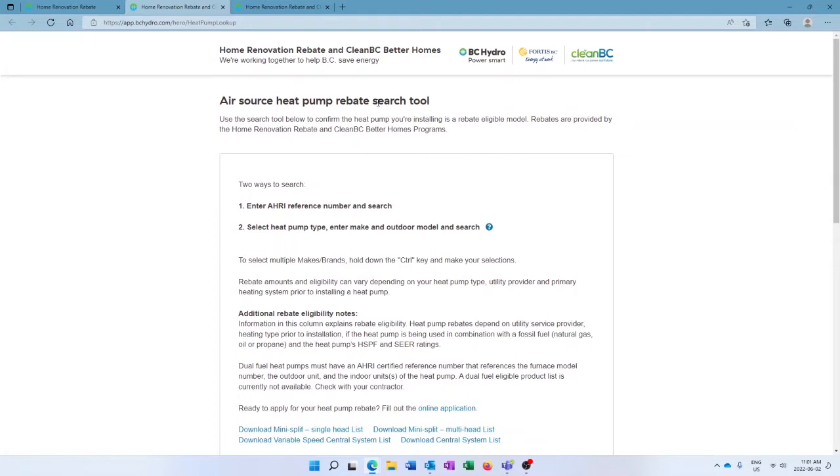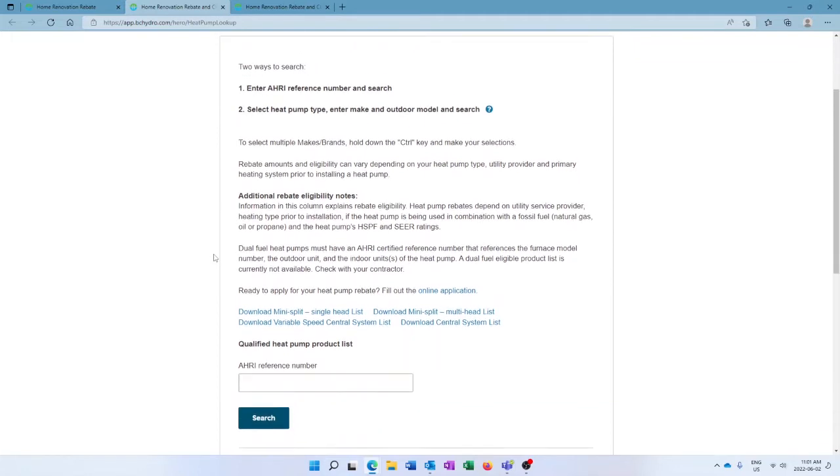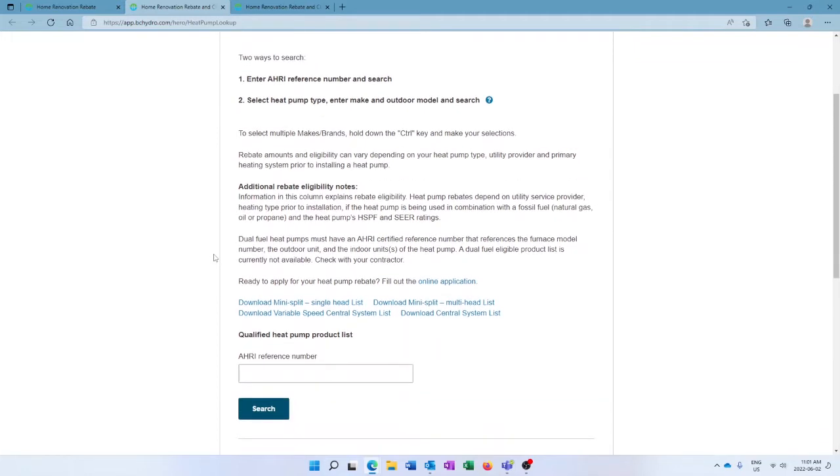app.bchydro.com/hero/heat-pump-lookup. And this is an air source heat pump rebate search tool. So you can find out if the heat pumps that you're looking at or the ones that you have upgraded with are eligible for the CleanBC Better Homes program. You can use the search tool to determine if the heat pump you're installing is a rebate eligible model. So you'll just scroll down, read through that section there, and you can take a look by inputting the AHRI reference number from your heat pump and input all of that information, click search, and you'll find out if it